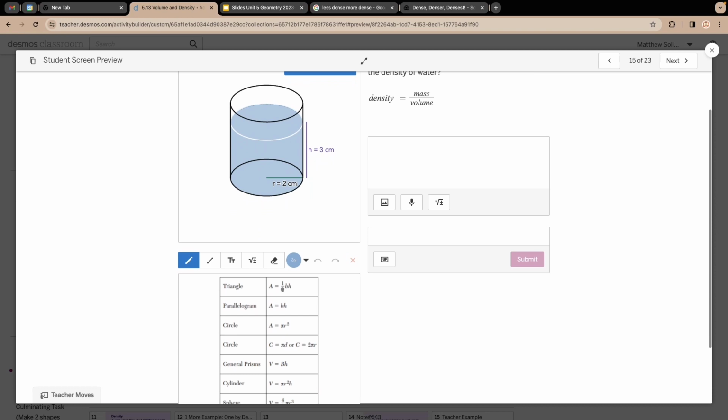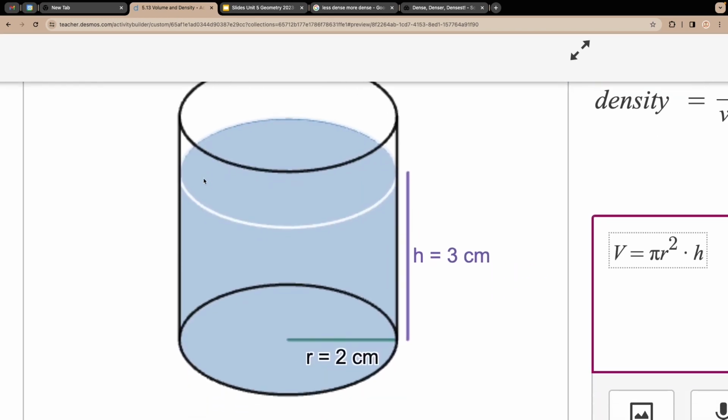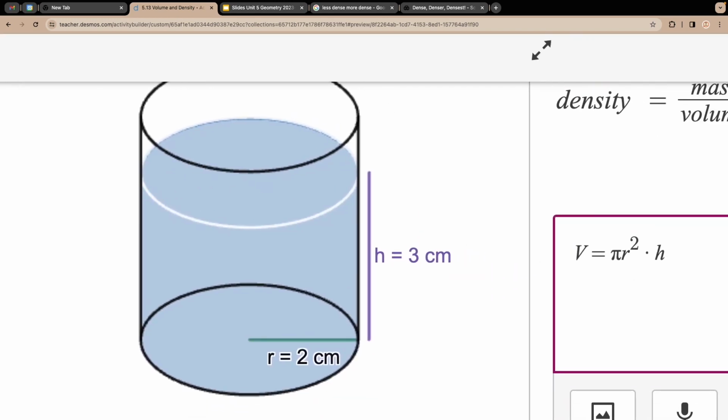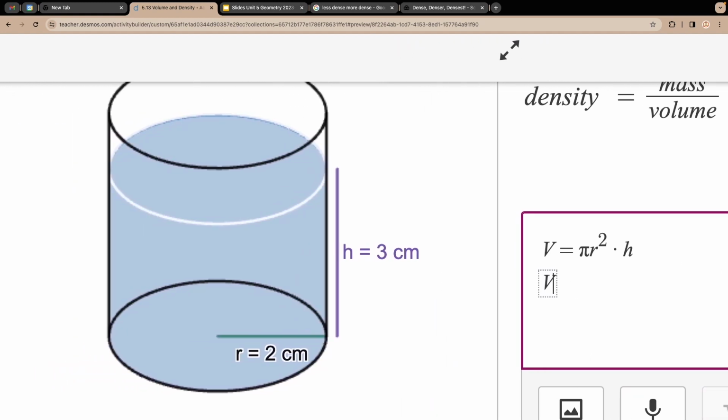So I'm going to use this formula sheet. I see, oh yeah, that's a cylinder. So volume is equal to pi r squared times height for this cylinder. If I look at this cylinder, I see the radius. So let's do the volume here. Volume equals pi, the radius is 2, so 2 squared, and the height is 3, times 3. So the volume of this cylinder, 2 squared is 4, 4 times 3 is 12 pi